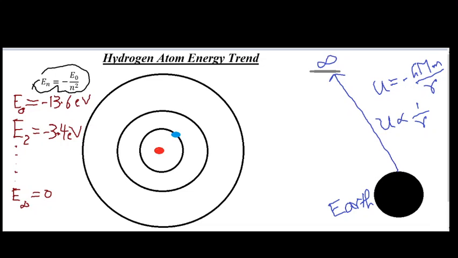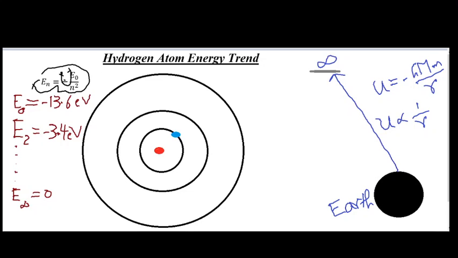Most of the students are confused here due to the inverse relationship between En and n square. That is, with the increase of principal quantum number, the energy of the electron should decrease. But due to this minus sign here, the energy of the electron increases as it moves from the inner orbit to the outermost orbits.